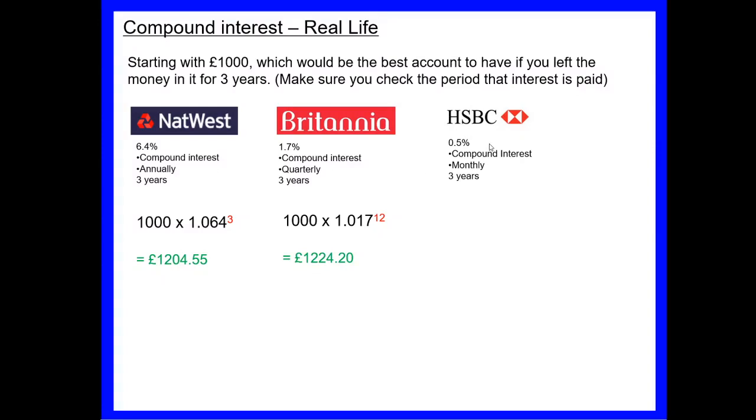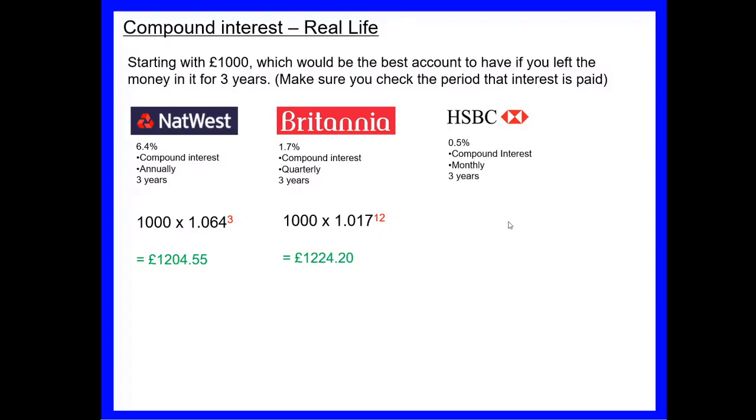Finally then, HSBC, 0.5%. Seems quite a low percentage, but that's because we're being given it monthly, so every month we're getting interest. So our initial amount of £1,000. Our interest rate then, so remember to add 100 first, then divide by 100, so we get